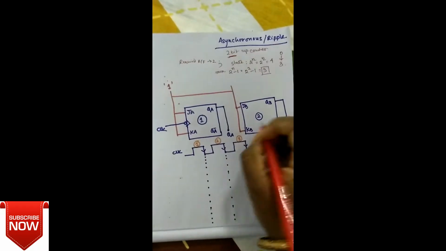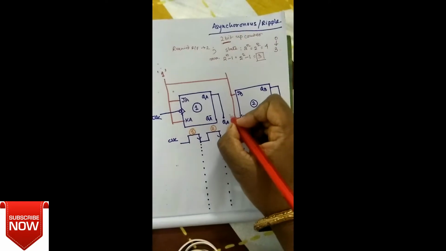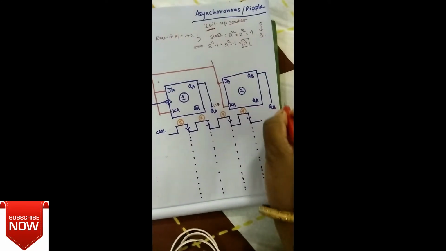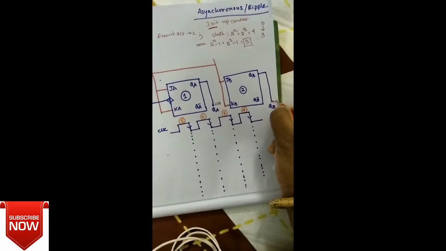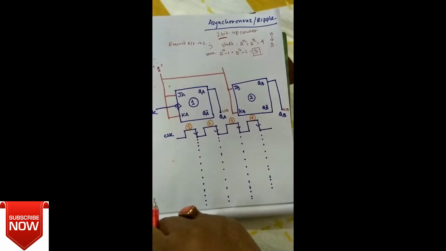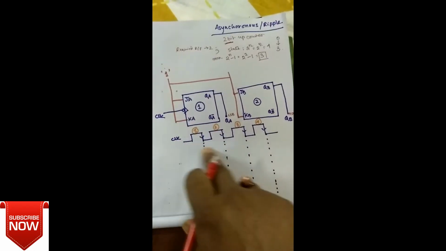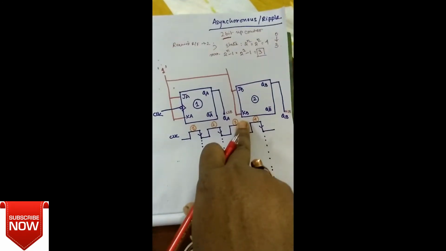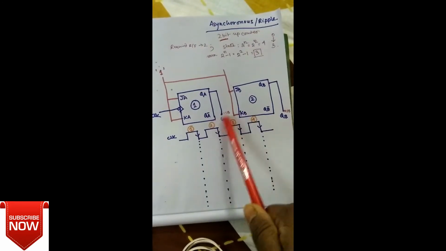QA is your LSB, and this QB is your MSB. This is your output bit. So this is entirely a counter, and on each negative edge trigger, it will count a value combining this QA and this